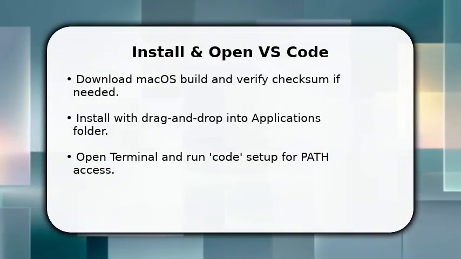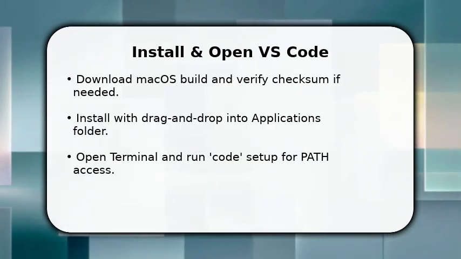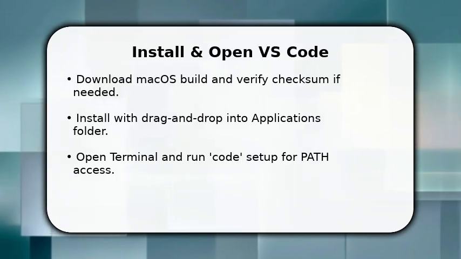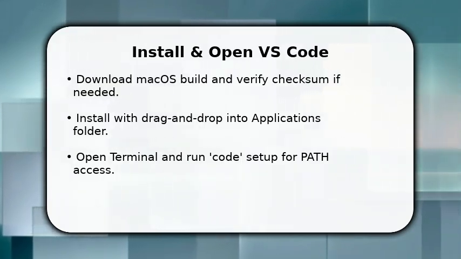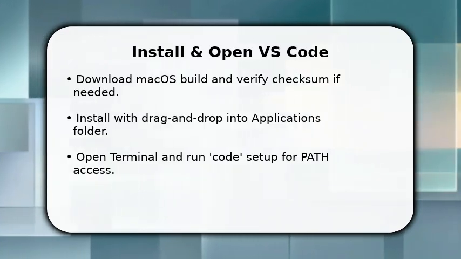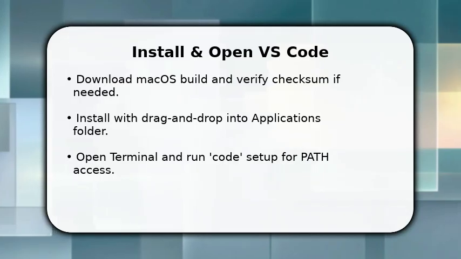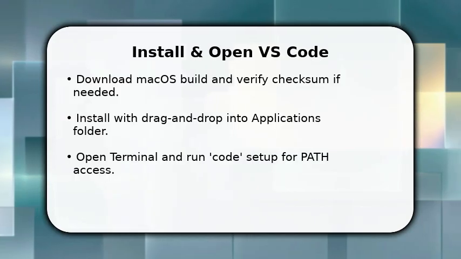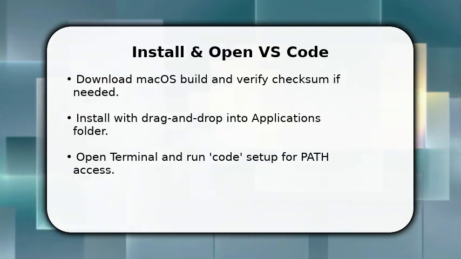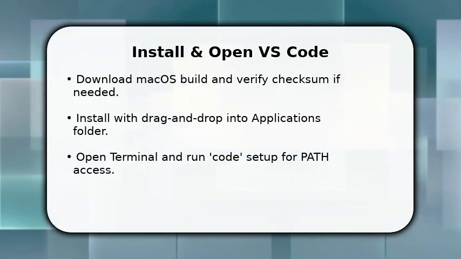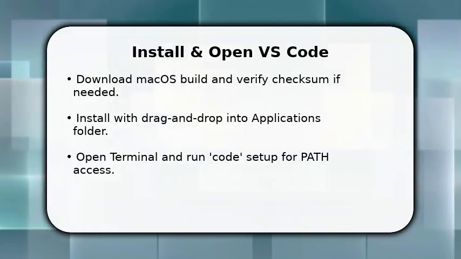You start by installing VSCode and preparing your Mac so you can use it immediately. Download the macOS zip or DMG and drag the app into /Applications. This ensures proper permissions. Once installed, open VSCode and use the command palette to run Shell Command: Install 'code' command in PATH so terminal access works. Make sure extensions can be installed by enabling network access if you're behind a proxy, and then restart the app